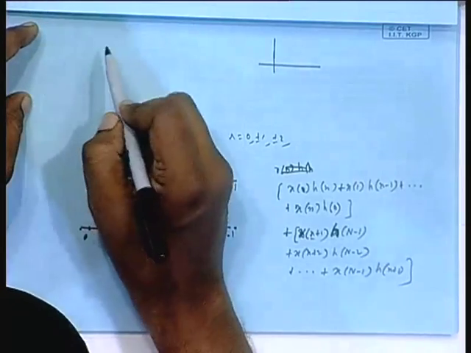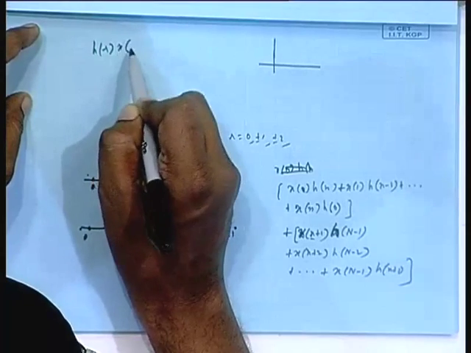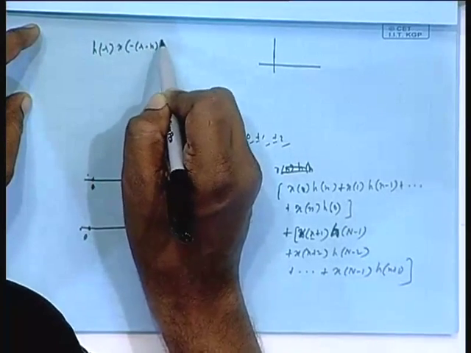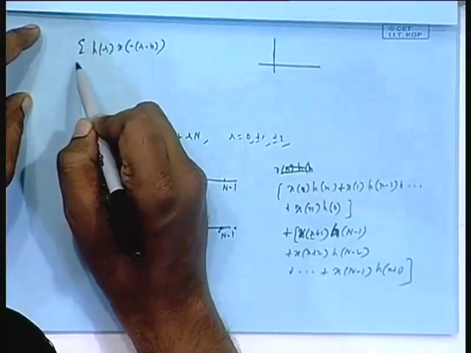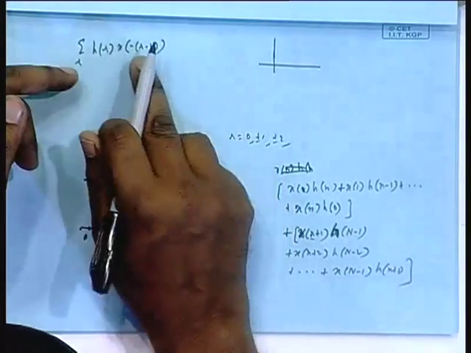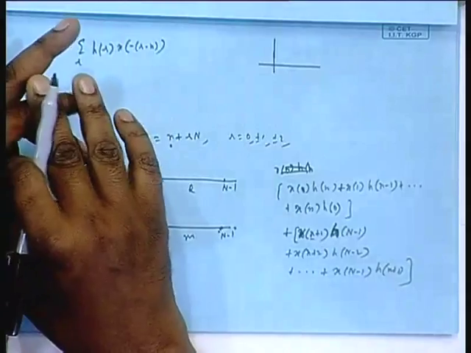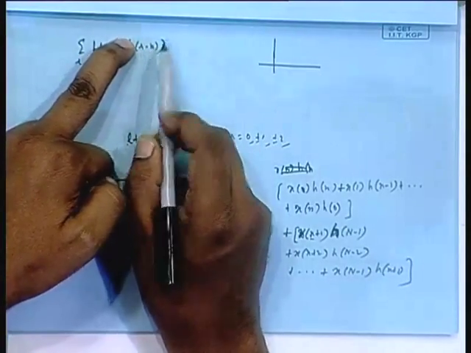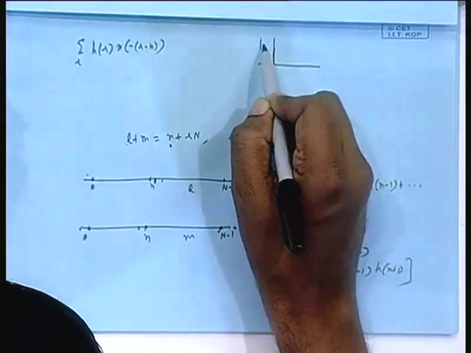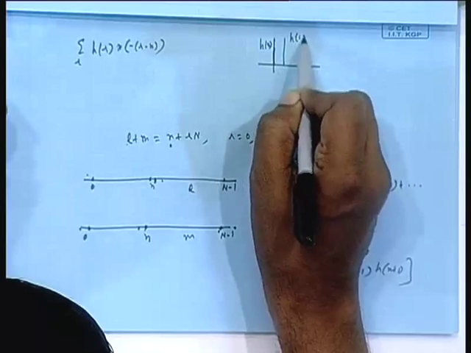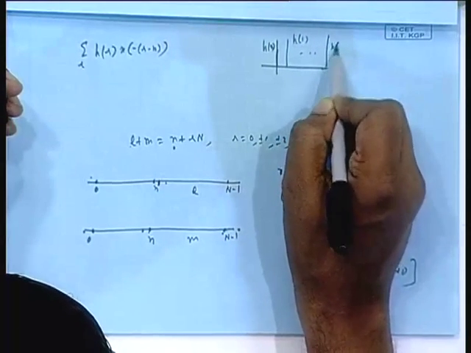Say h r x n minus r, summation over the available range. So, you are given say x of n, so reverse it, say x of r, reverse it, so it becomes x of minus r. Instead of r, replaced by r minus n, that is shift it by n. If n is positive, shift it to the right by n, and then multiply the two, so sample wise add. This is a convolution, and suppose it is h 0 h 1 dot dot dot h n,